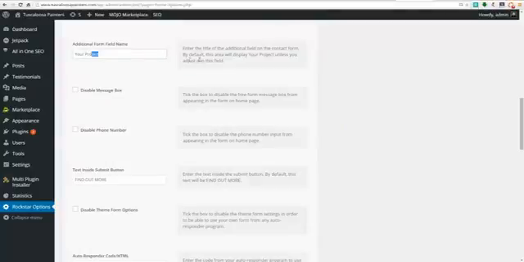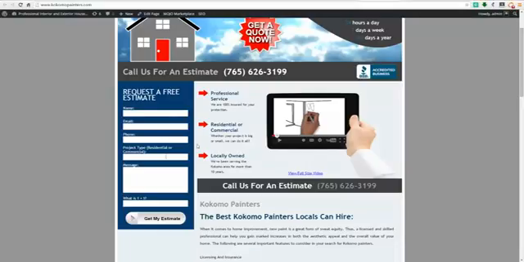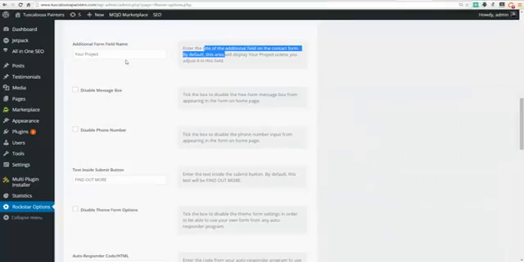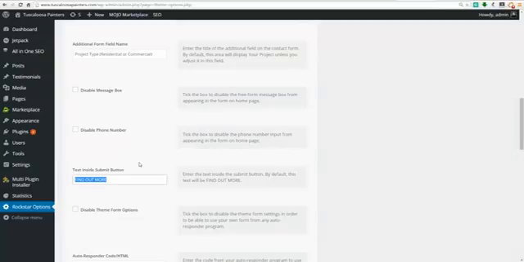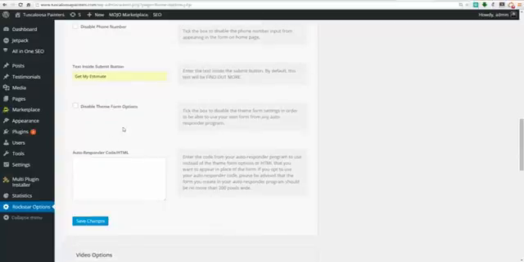So again, the additional field title, that's where you would take this info here. Project type, commercial or residential. I'm just going to copy that and paste it in here. Okay, something like that. We'll leave that, and then text inside the submit button. Again, you want a strong call to action inside this text, and I always like to use something like get my estimate. So that's what this button is right here. If we hop back, get my estimate, and everything is good there,